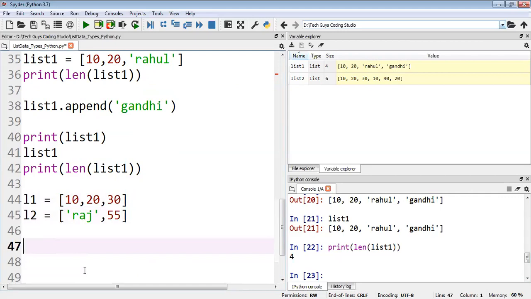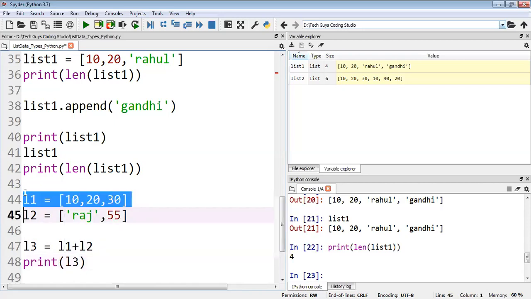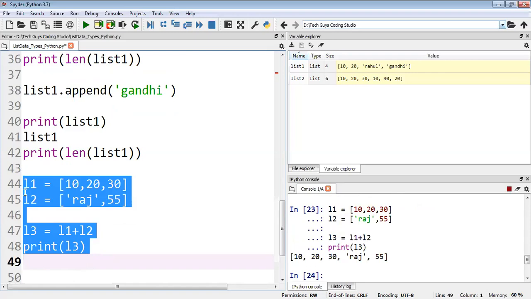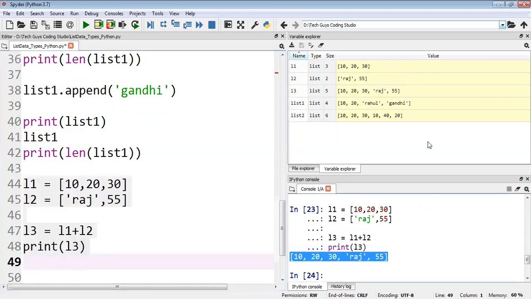Can we add the elements? Yes, like this we can take L3 equal to L1 plus L2, then print of L3. Here you just see, we can see 10, 20, 30, Raj, and so on. The type is also list. So like this we have a number of facilities in the list.